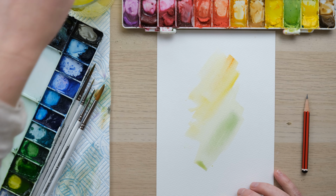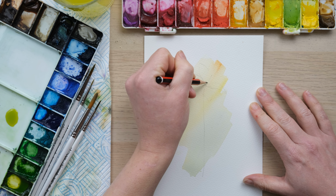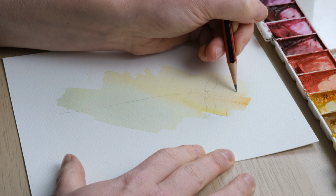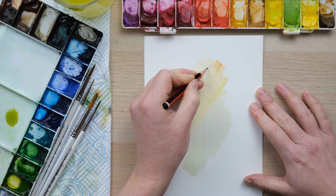One of the slightly different techniques with this style of illustration is I draw the piece a bit more in full than I normally would. So imagining the petals coming out there, and then the trumpet, and then a large opening, and there we go. I'm going to paint the petals in cadmium yellow,